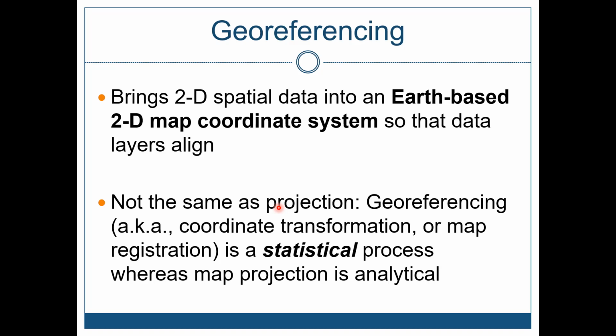This is very different because we're essentially tying a coordinate system from one data set that has coordinate information to a data set that does not. And this is very much a statistical process, as we'll talk about a little bit today. Whereas map projection is a little bit more analytical. It's basically changing from either one projection to another or from a 3D type of system to a 2D flat